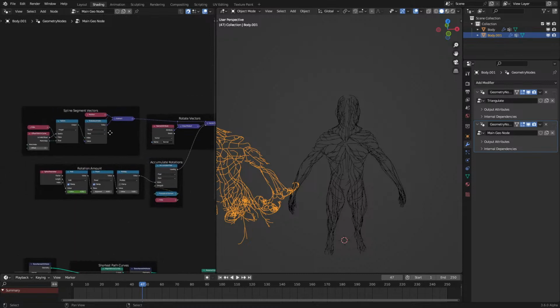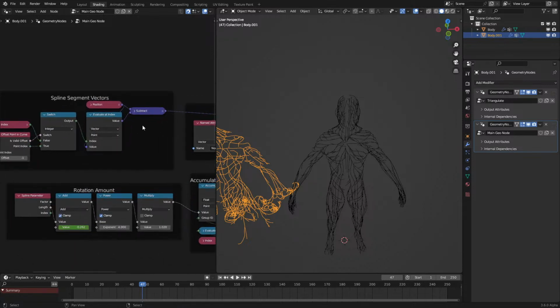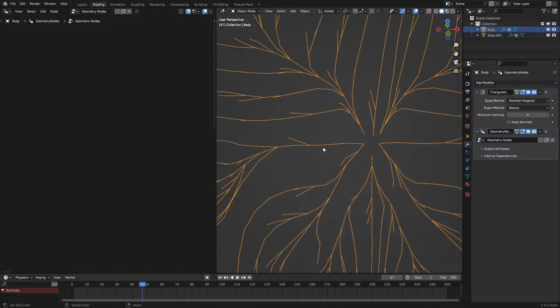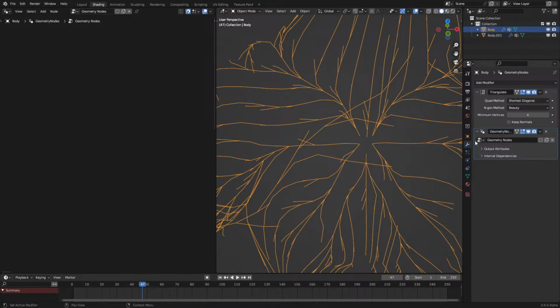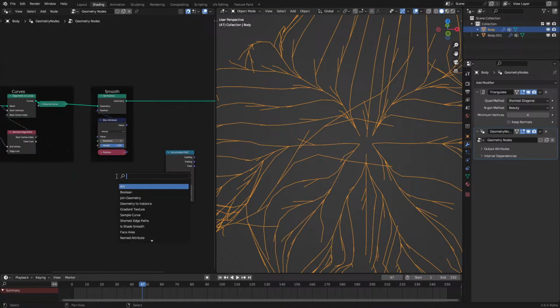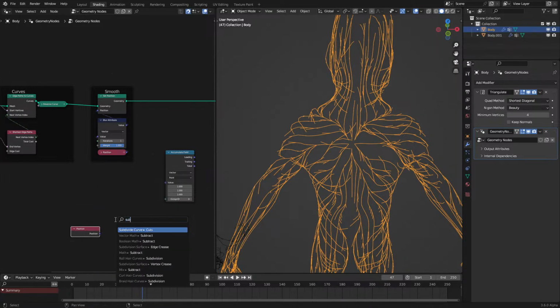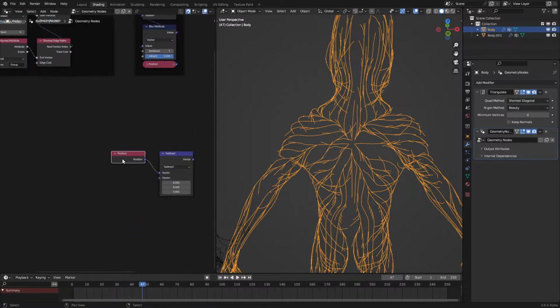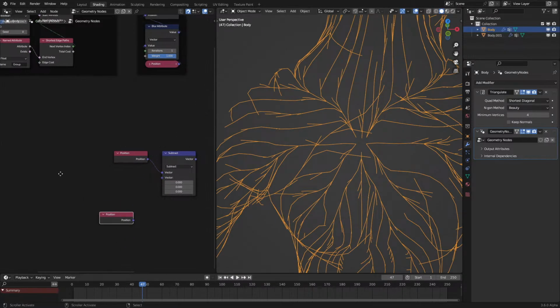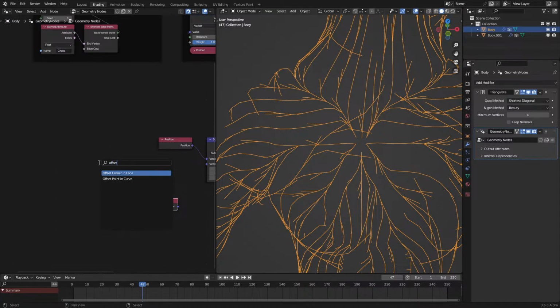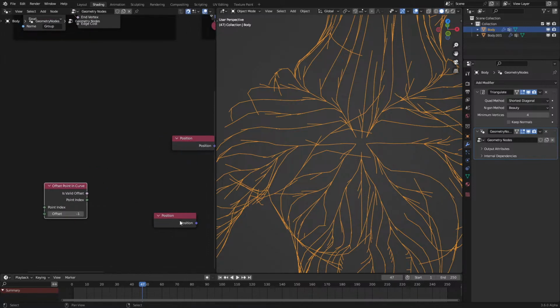But, okay, so first thing we need to do is get those vectors, basically the position of the current vertex, and then the next one. To do that, we need to use a lot of nodes. First we need the position, and then we need to subtract this from essentially its neighbor's position, so the next one in the line. If we use an offset point in curve node, and offset it by -1, we should be able to get that. So if I evaluate on domain,